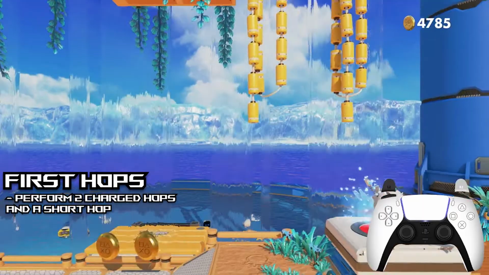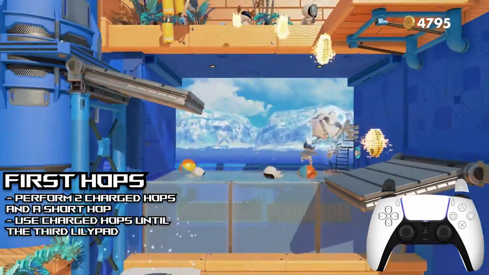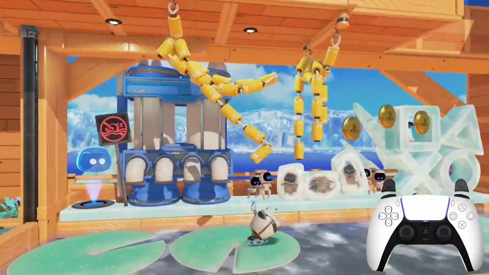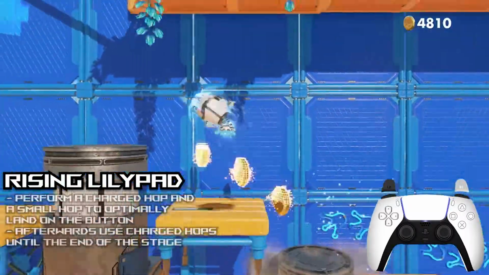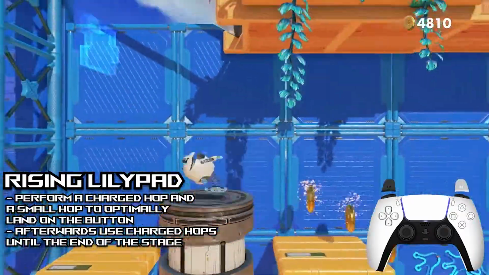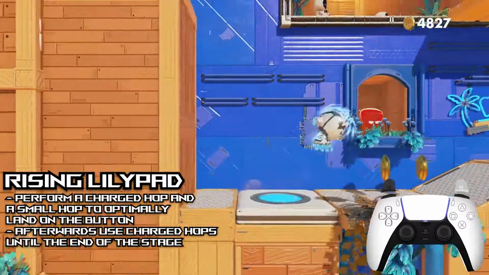After that, you will be using charge jumps all the way throughout this section in order to stay consistent and to stay in the same spot. After that, you will come up to this lily pad that will bring you up into the air. So you will do 1 charge jump and 1 small jump. Again, it is recommended that you do the charge jump first in order to save a little bit of time. After that, just continue doing charge jumps until you reach the end of the stage here,